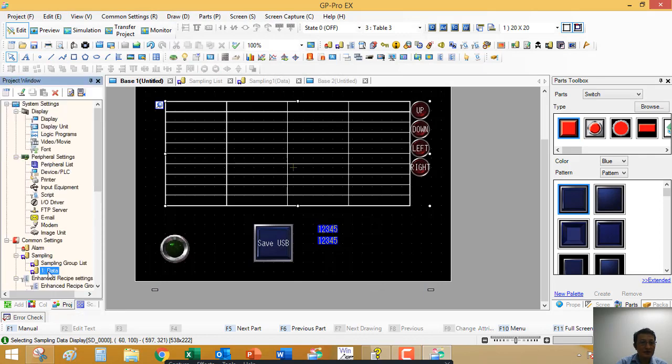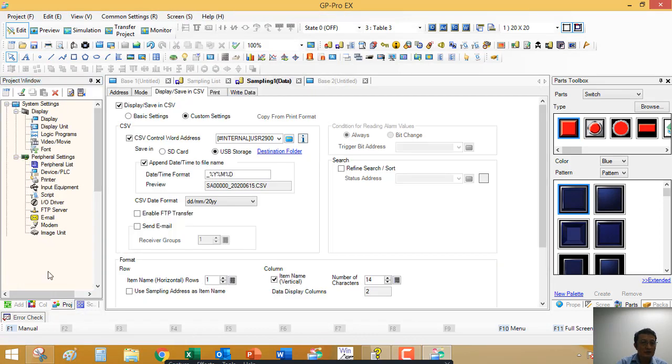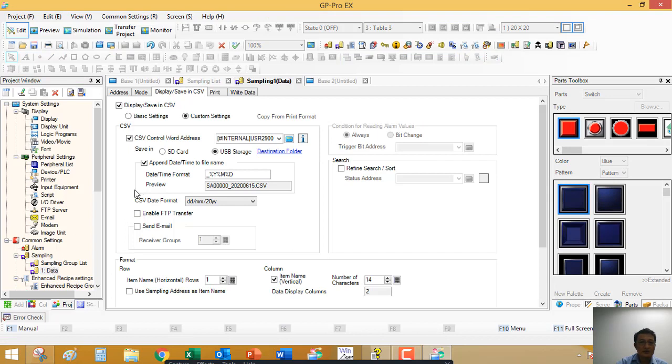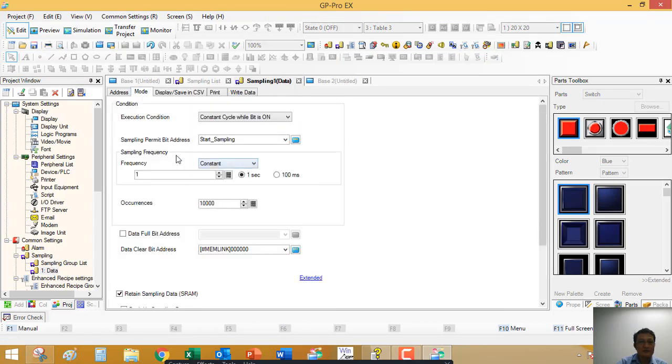And for sampling, you can also modify the mode. One data full, bit address style on. You can use this bit to show your